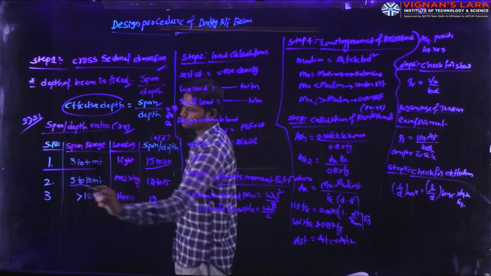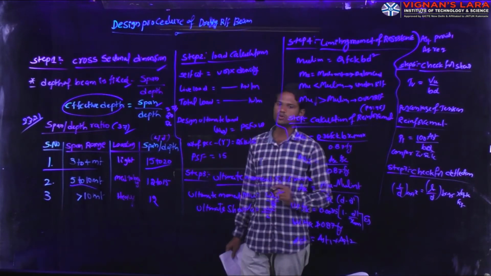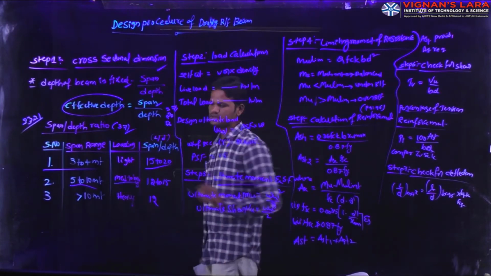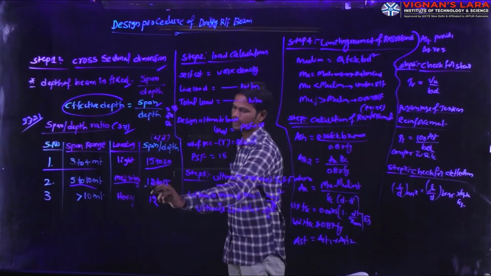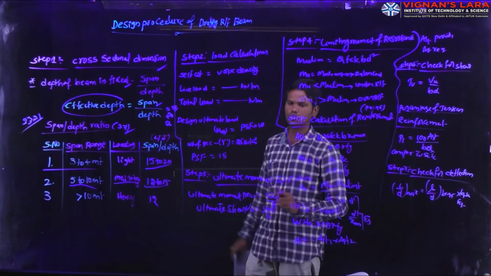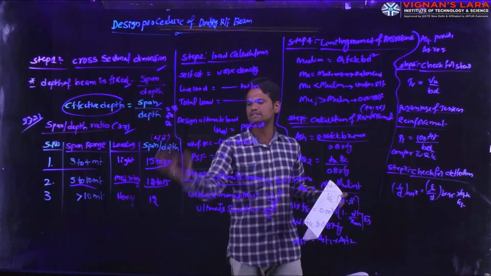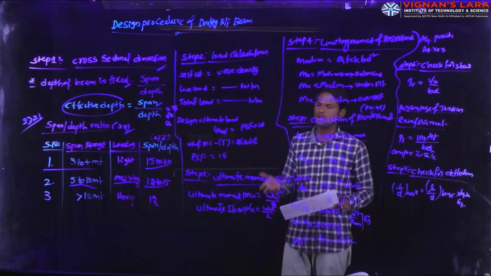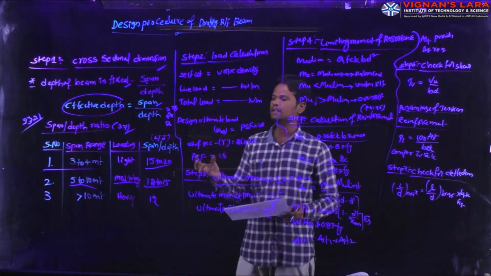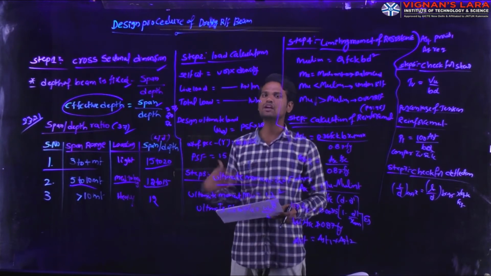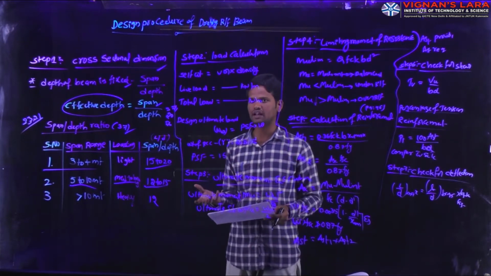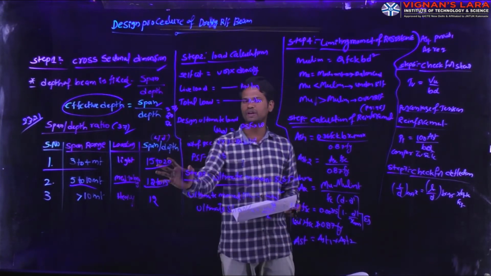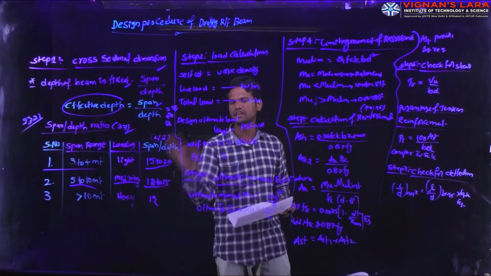Again, if you see here, the second range is 5 to 10 meters. Suppose your beam span is in between the 5 to 10 range and your loading is medium type. In those conditions, we have to take this span to depth ratio as 12 to 15. It is not necessary to take exactly these values. You can take 16 also, you can take 11 also. But the problem is, while you are calculating the effective depth, what you are providing may not resist the moment. Again, you have to retake the effective depth. To neglect those situations, we have to take values in between.